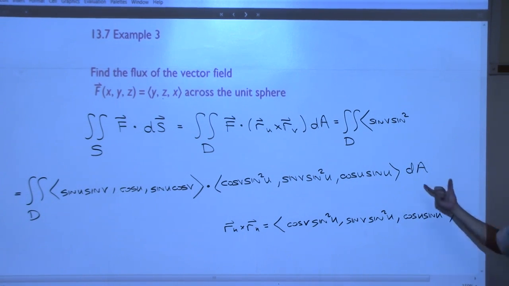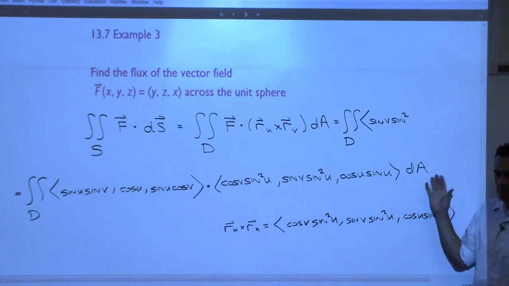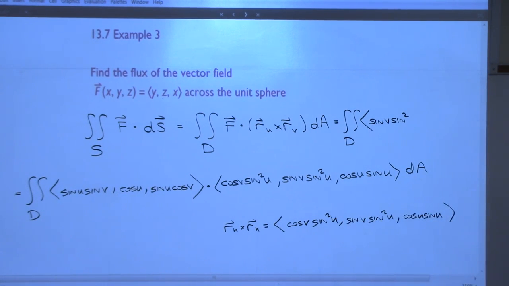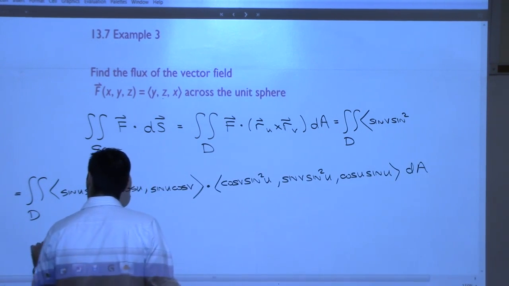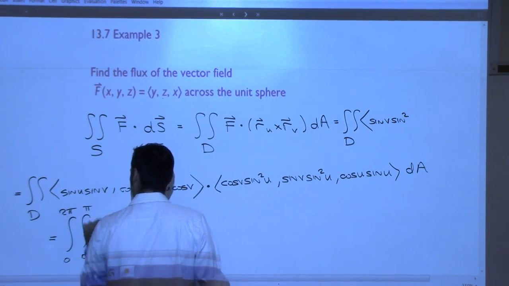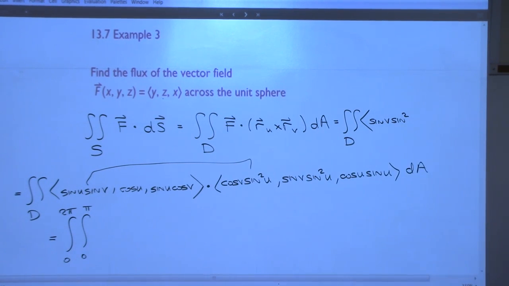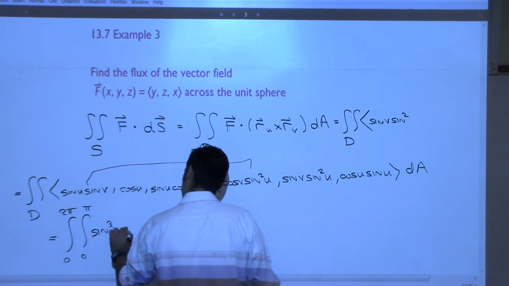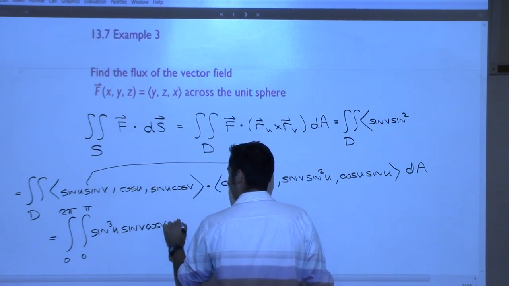Now we can replace dA with du dv, dv du, and do our limits of integration because we know our restrictions on u and v, but I need to dot that, so I may as well dot it now. And I'll write my limits here. How about 0, 2 pi, 0 pi. All right, dot products. This times this. Sine cubed u, sine v, cosine v, plus